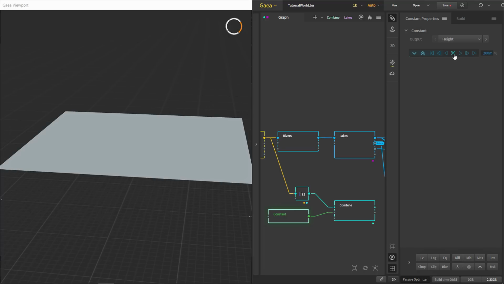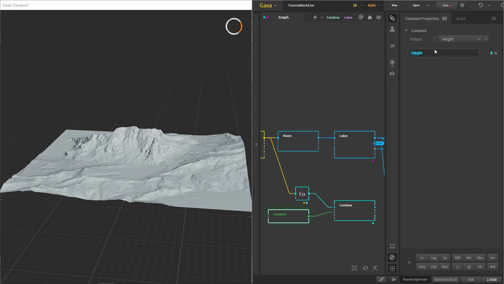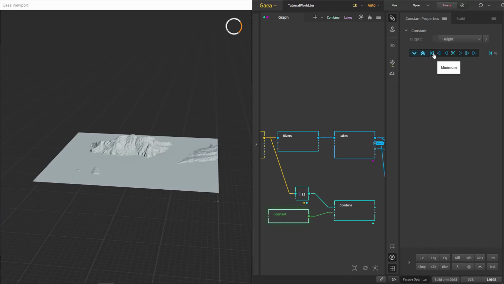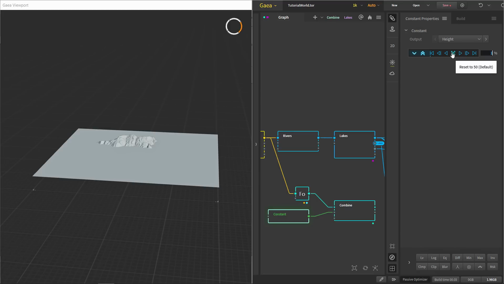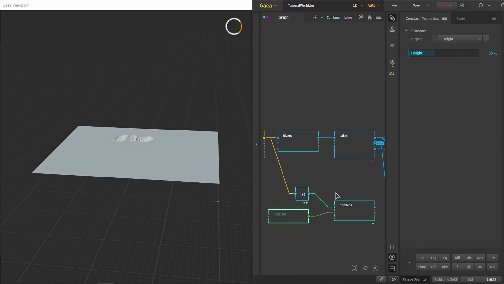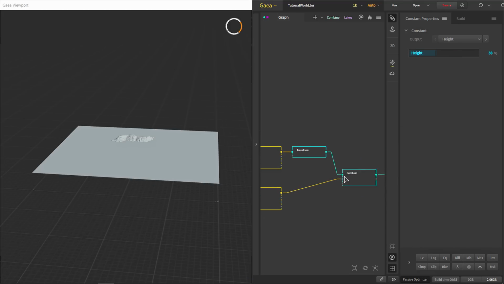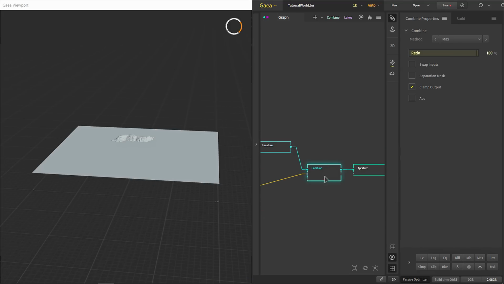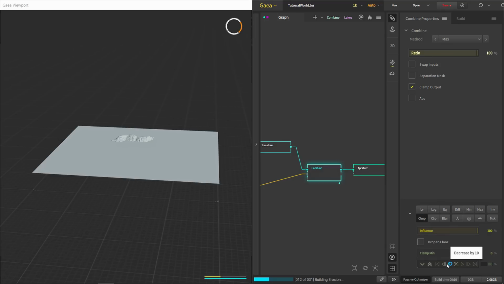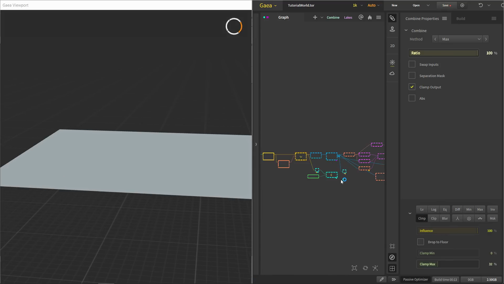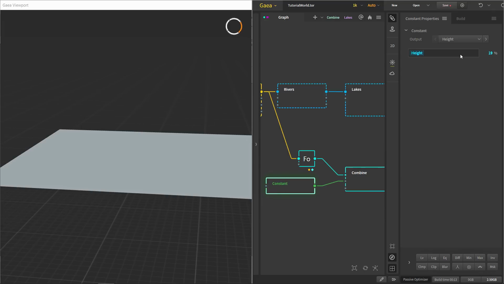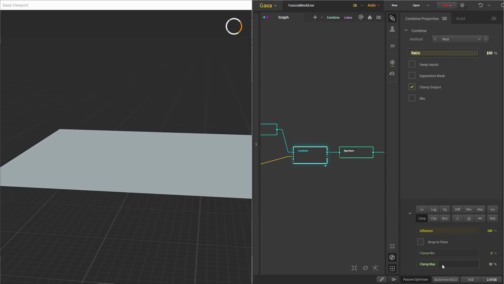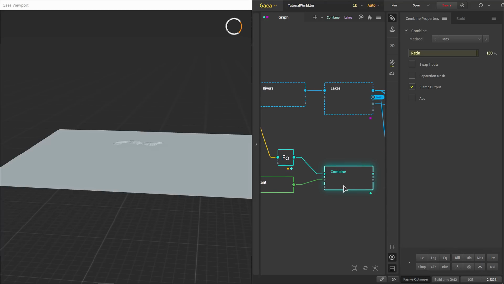If we type 200 meter here, now most of our landscape is above it. So let's say 800 meter. Okay, it's much higher. Maybe 1000 meter. Okay, it's way too high. So let's decrease its height. In combine we will clamp it to maybe let's say 600 meter. First let's set the constant to 512 meter, which is the default Unreal Engine height. Let's match this one. So we'll increase the clamp. So now our landscape is around 512 meter.